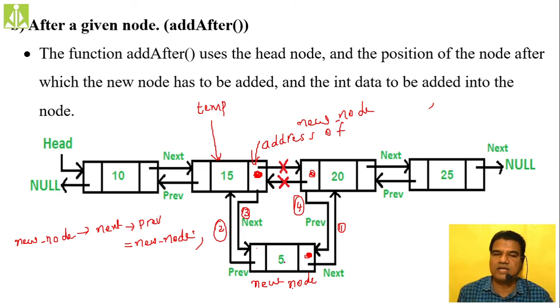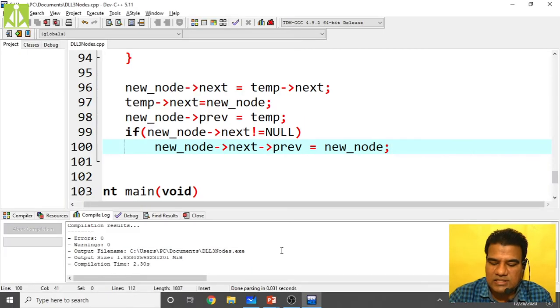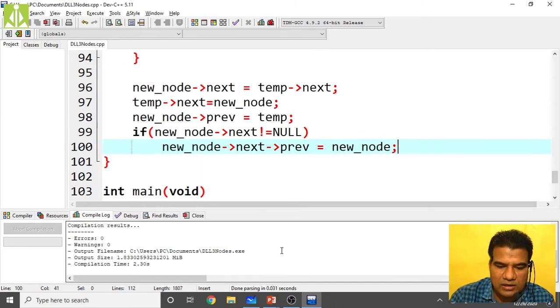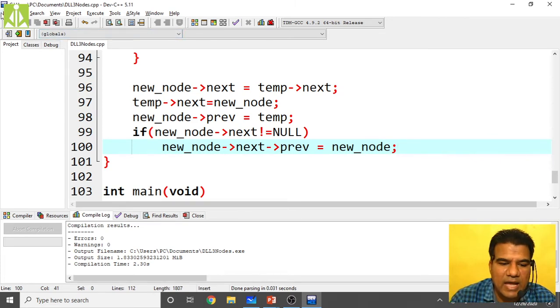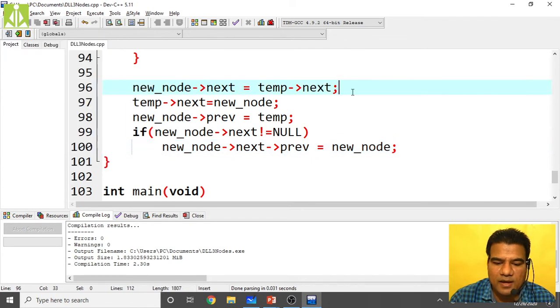So this link will get established. So only this much code you have to write inside your add after function. So hopefully this will add the newly created node after my desired position.